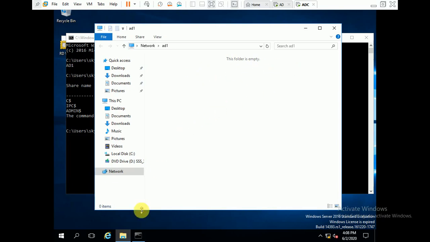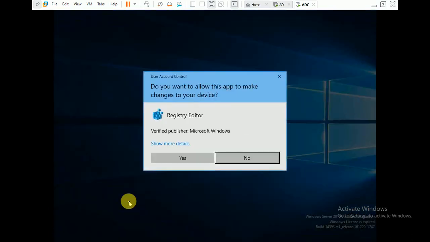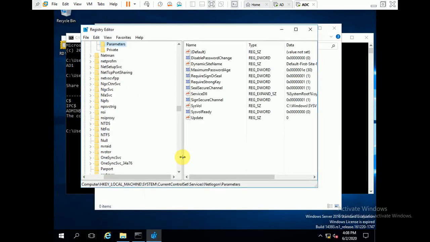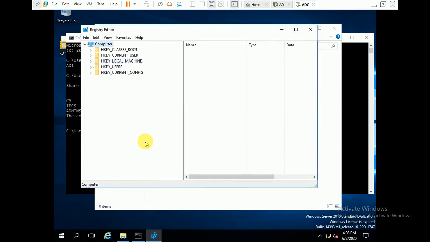For that, first we need to go to the registry settings on the server on which we are not able to find the netlogon and sysvol folders. I'll show you where to check.